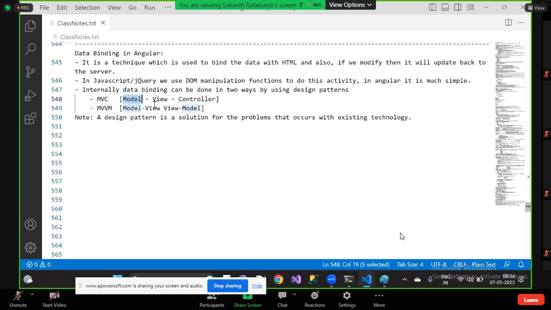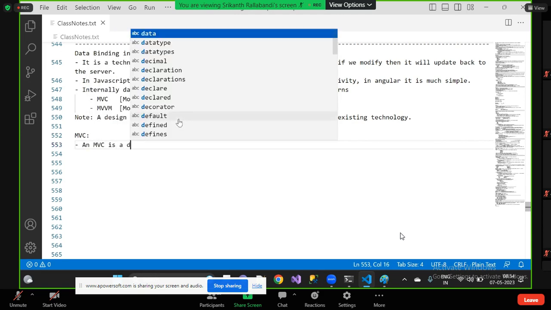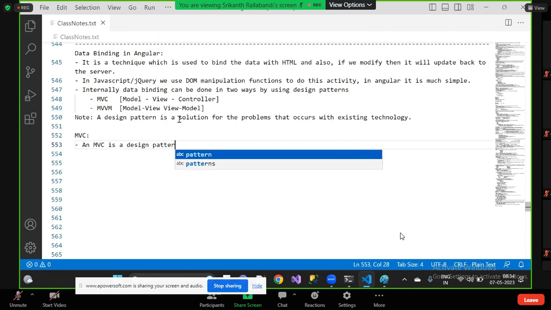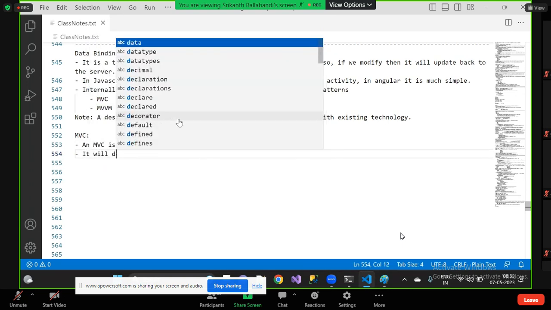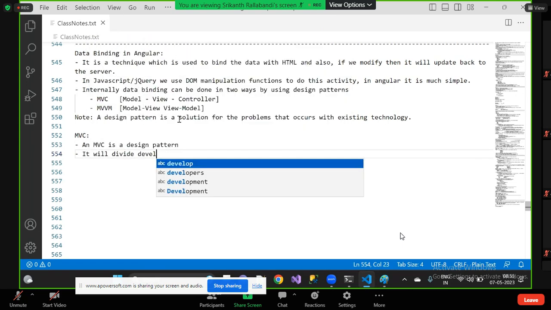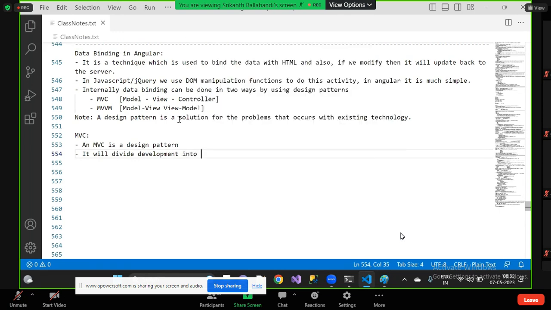Now here, what exactly is the model? Now MVC, we will first understand what exactly an MVC is. MVC is a design pattern. What will it do? It will divide the development into